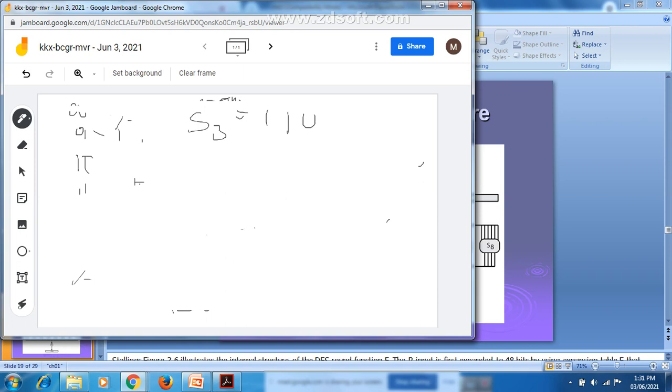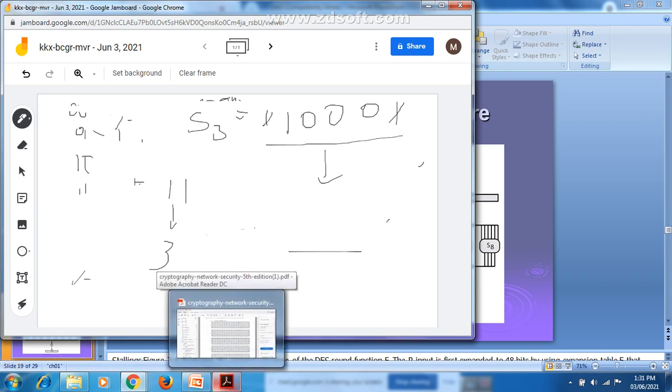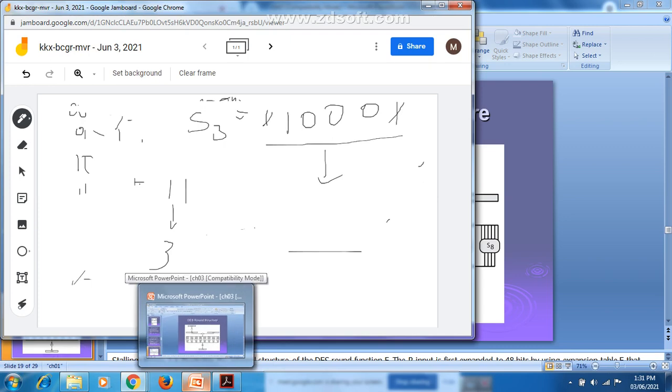Yes? Now see, one more example we can take. I will show one more example. For example, it is the S3 box that is selected. For that, what is the input? For example, 1 1 0 0 0 1.